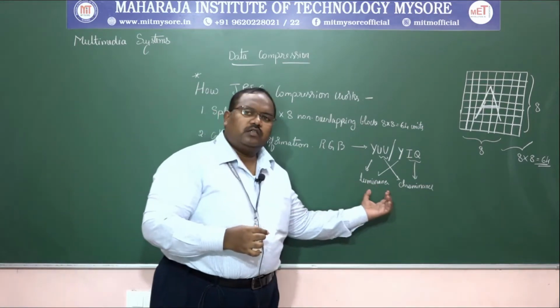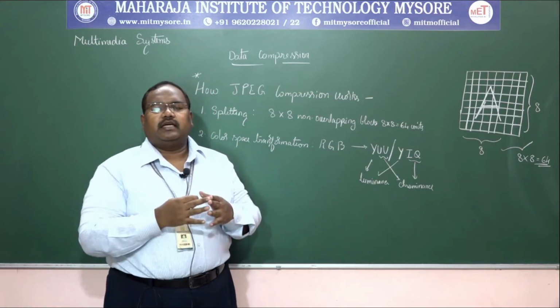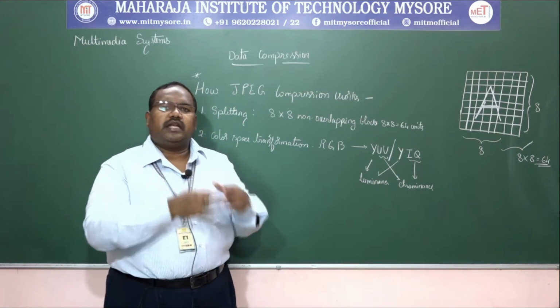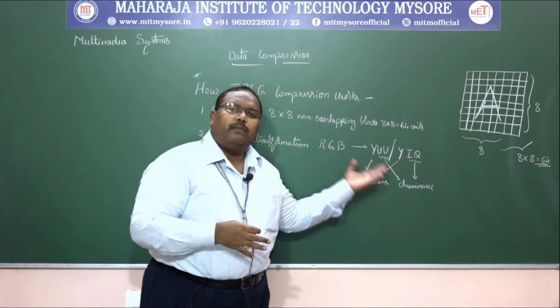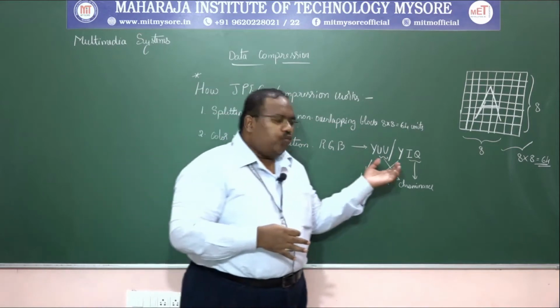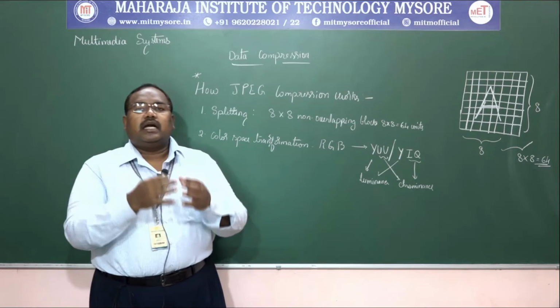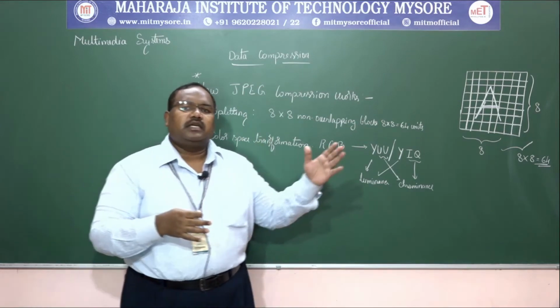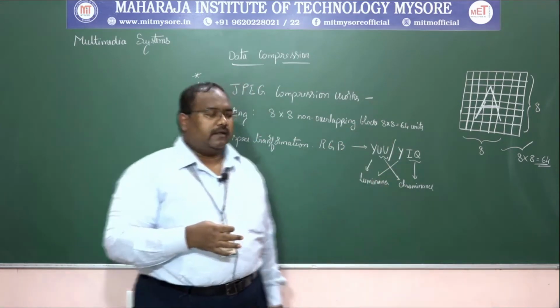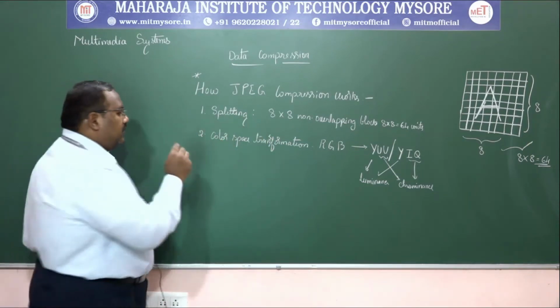So what is luminance? As the name suggests, luminance is the light factor: the parameter associated with the light or brightness of an image is called the luminance factor. And UV or IQ is the chrominance factor, meaning the color associated with the image is the chrominance factor. So now the two steps are finished. Now what is the third step? The third step is